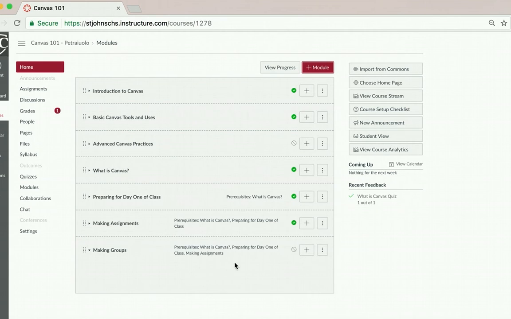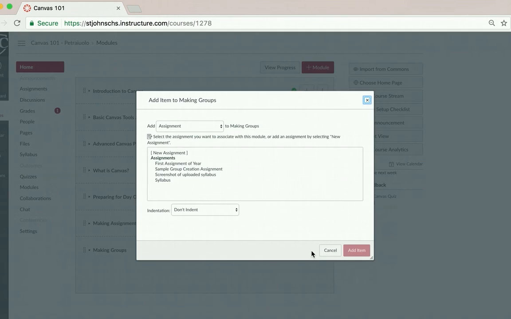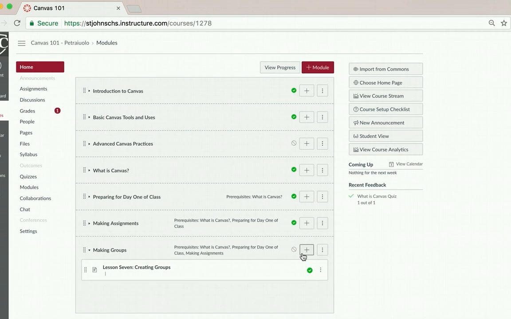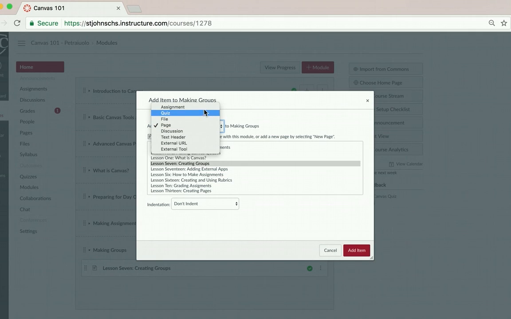All right, so I think you guys are kind of getting the gist of it here. You would then add a lesson that you want. So for me, it would be lesson 7, creating groups, and then add an assignment at the end. So my assignment would probably be a sample group set. Okay, so if I added an assignment here,